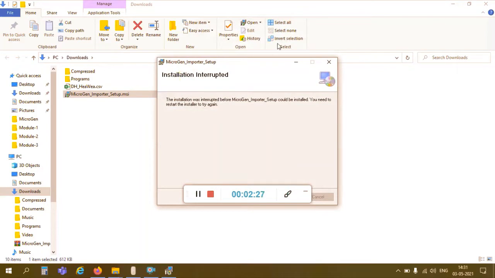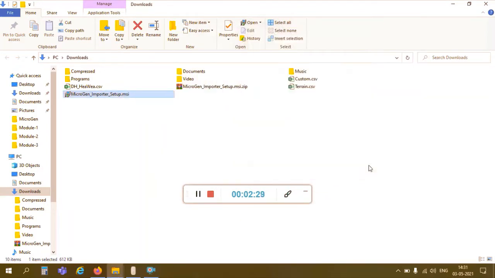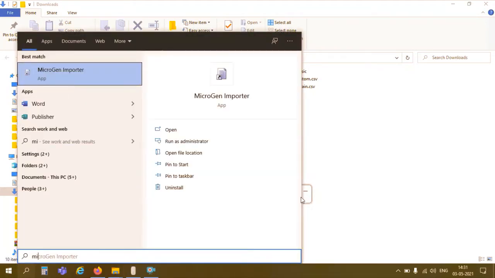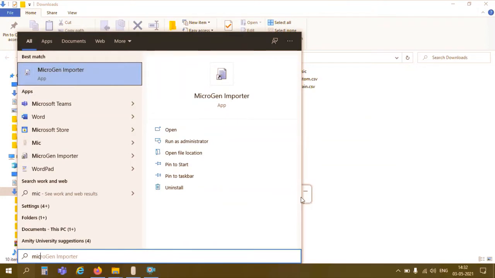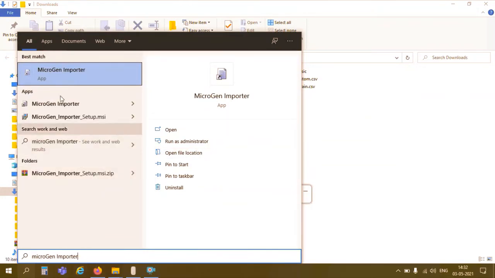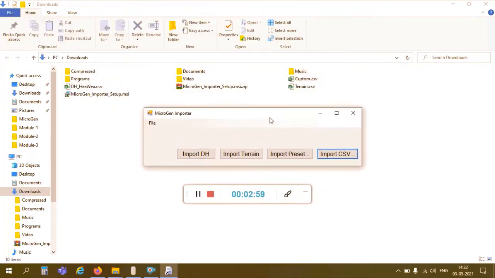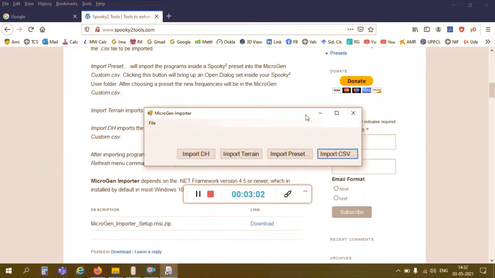Once you have the importer ready with you, what you have to do is go into the search icon here, that is shown as a lens icon down next to the Windows button. Here you have to go into the search and then type MicroGen Importer. MicroGen Importer you see here. So you have to click it. Okay. So once you click this,